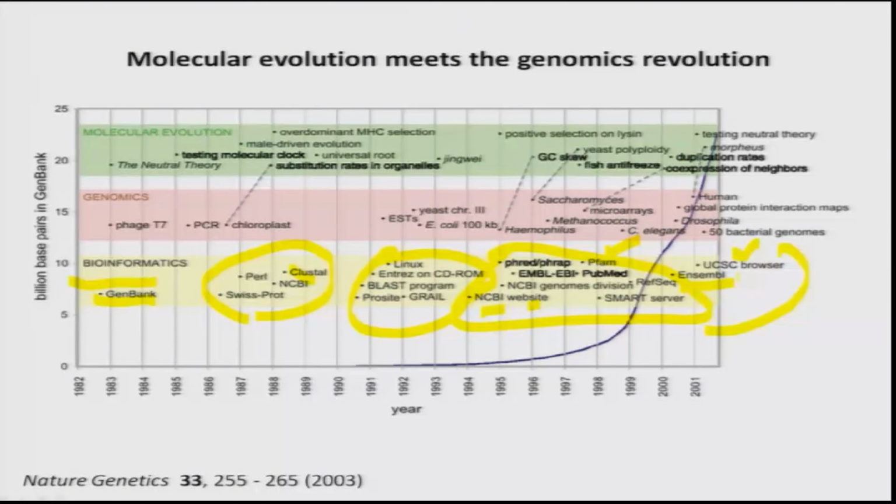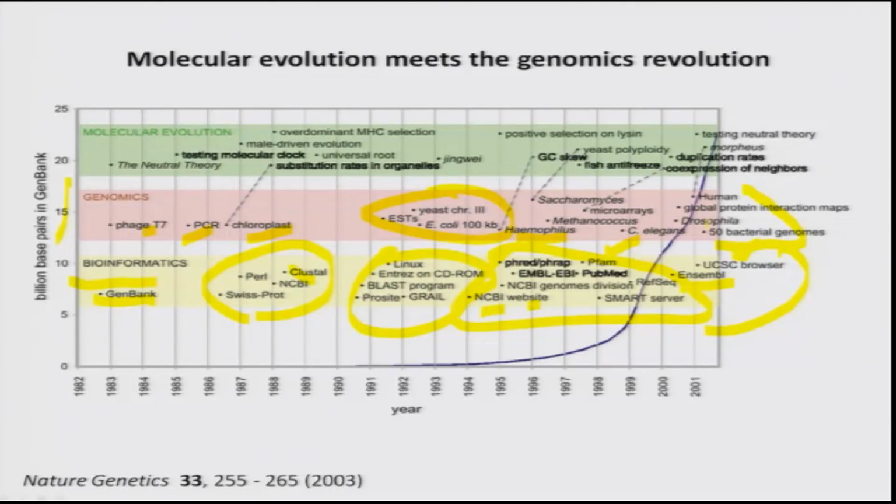And this comes along with, in this section it is shown, the genomics. For example, the phage T7 sequence is done, PCR is invented, the chloroplast genome was identified. Then you have all this genome information coming in, ESTs, the E. coli genome, yeast chromosome, the Haemophilus genome was sequenced, up to the human, right. So you have the explosion of the genome, likewise it developed, but at the same time we were able to